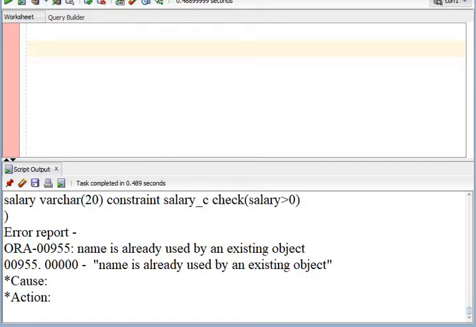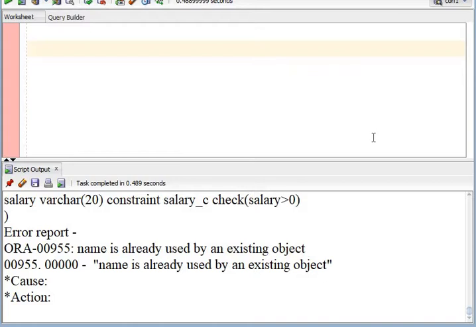Similarly, when we are adding a new column in the table and suppose we want to add that new column as not null, that will again not be feasible, because when we add a new column and we already have some values present for the existing columns in the table, the new column will definitely have null values corresponding to all such rows.